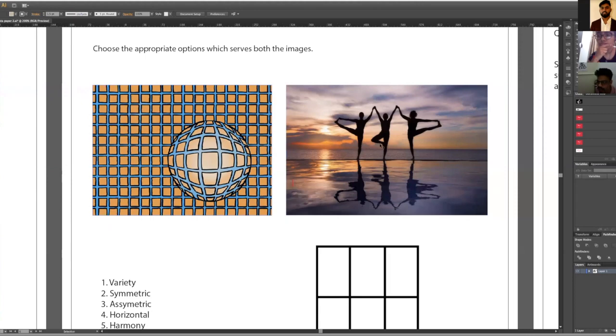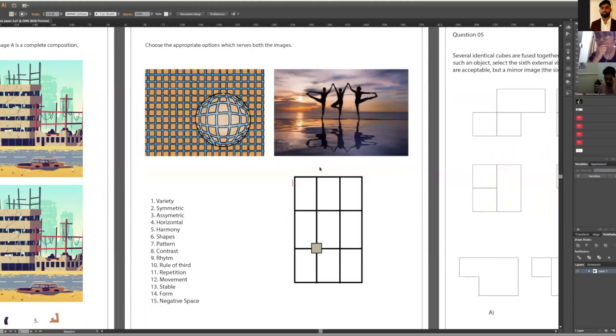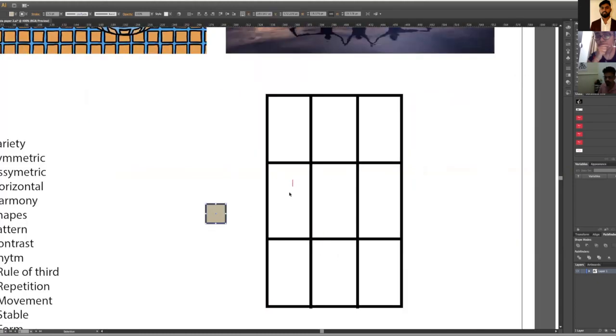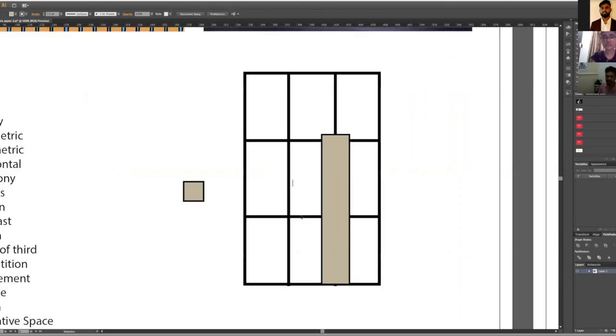Everyone is clear with rule of third? Yeah, sir, it's clear, but I want to ask something. Sir, you showed us the intersecting points in the portrait one. Suppose we have a tower kind of thing throughout that line, so that will also fall in rule of thirds, no? Let's say you have a tower here. Means the intersecting point, like that. Correct. Yes, you are going correct. Okay, that was what I wanted to ask. Thanks a lot.